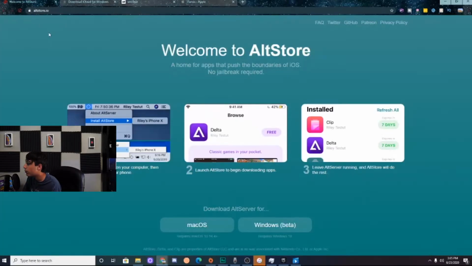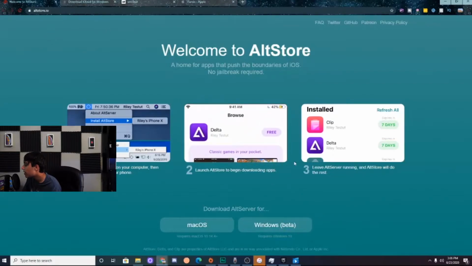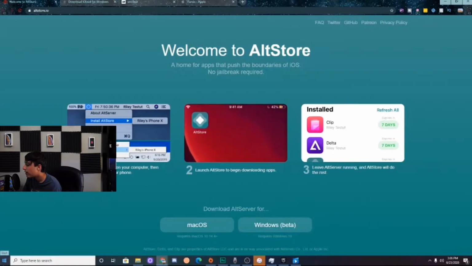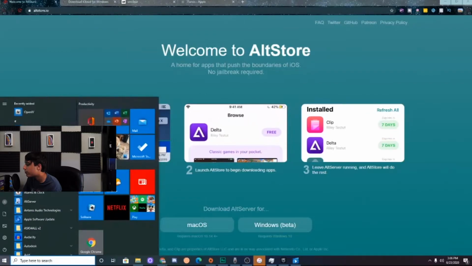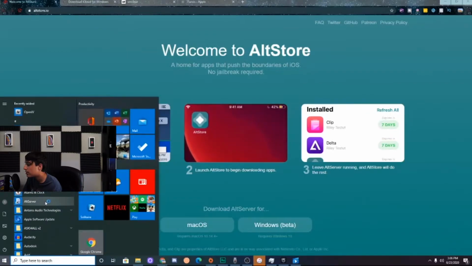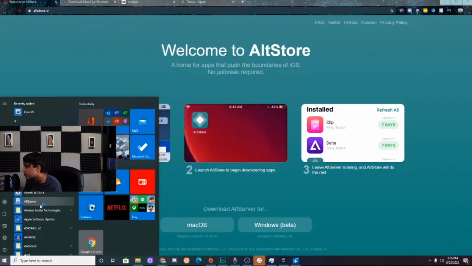gonna go to altstore.io, or just the link in the description where it's titled AltStore, and click down here where it says Windows Beta. Make sure it's downloaded to computer, and then after that you're gonna go to your start menu, and somewhere down there, it should be at the top because it's recent, but you're gonna see right here alt server. You're gonna click and run your alt server. Then after you set up and sign in with your iCloud password, it will just disappear, and don't worry, your